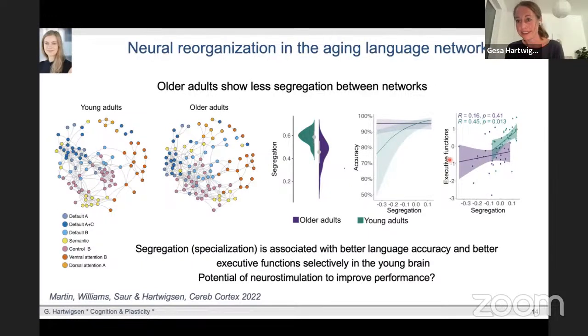Please go ahead, Valentina. Yes. So these results are related to language, not a language task, but I mean, could they be generalized to a broader network of cognitive functions? We are seeing all this involvement of other networks, such as ventral attention, dorsal attention. So I guess it could be true also for other tasks. It's really a general reorganization of cognition.